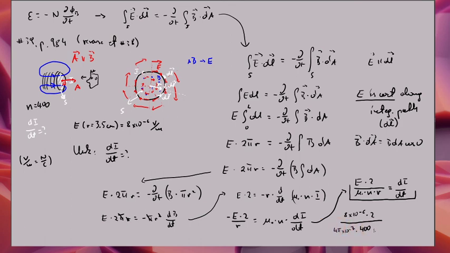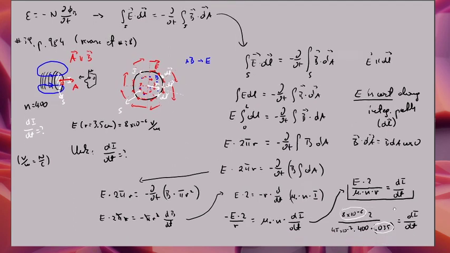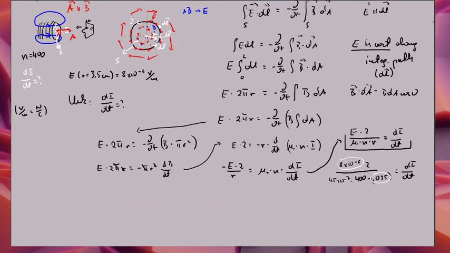And so then times r, well, what's my r? Well, r is the same at which I measured the electric field. And so this has to be 3.5 centimeters, so 0.035 equals dI/dt. So I guess in the last step, the only tricky part is to make sure that the value of the electric field here corresponds to the value of the radius at which you measured that electric field. And if you were to go on, you would then calculate and find that dI/dt